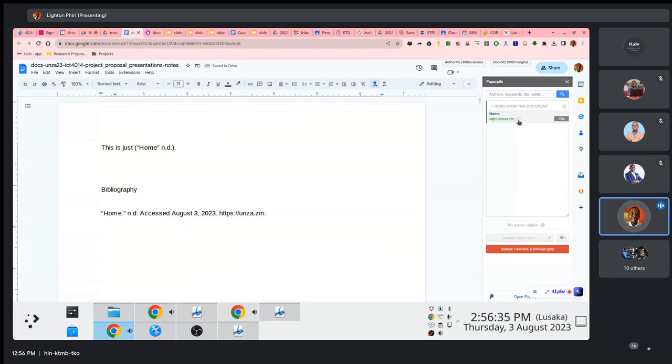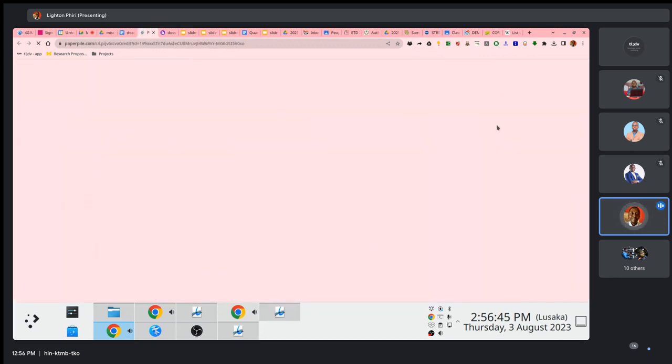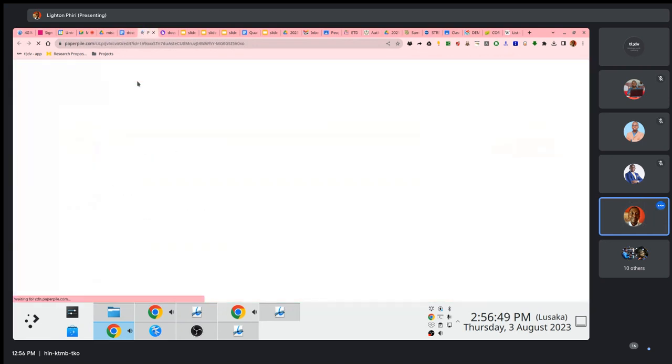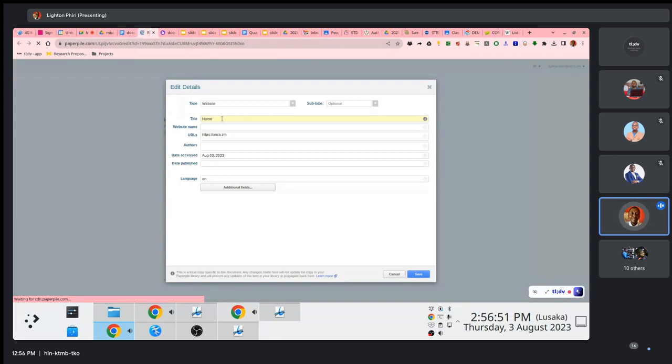And I can do fancy things here, like, because I know that this is missing, I can specify, well, this is how this plugin works. I can edit the data because there's missing information here. What resource is this? It's a website. What's the website name? I don't know, but I would have to go to the UNZA website and check.